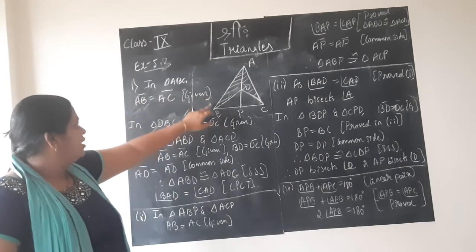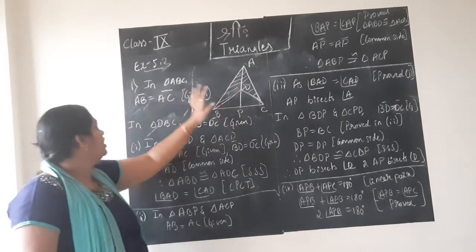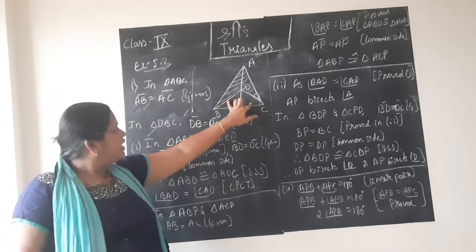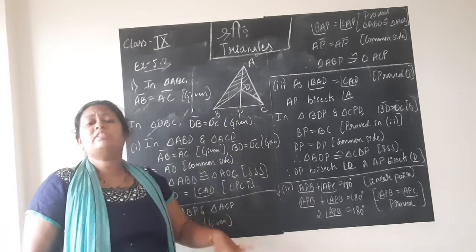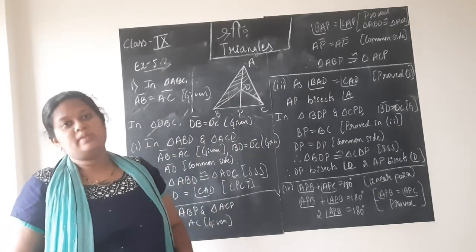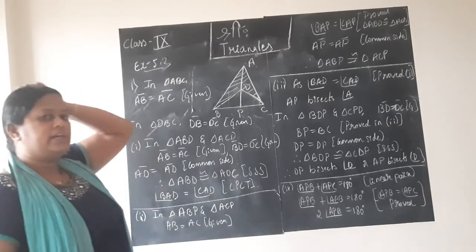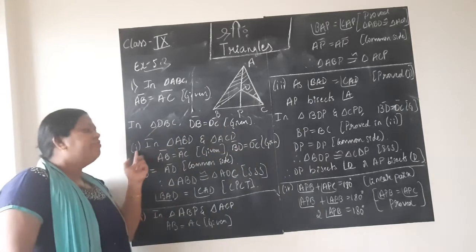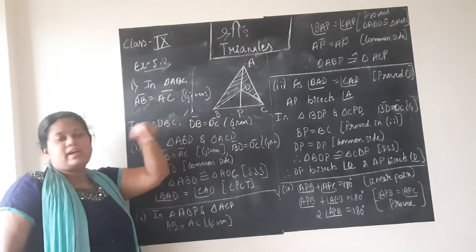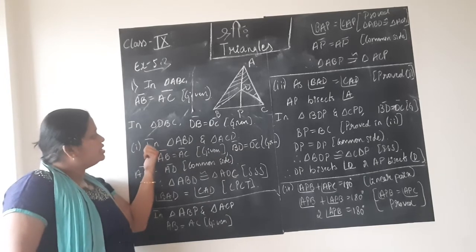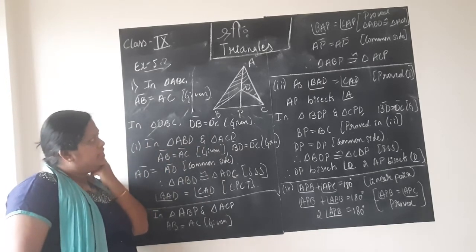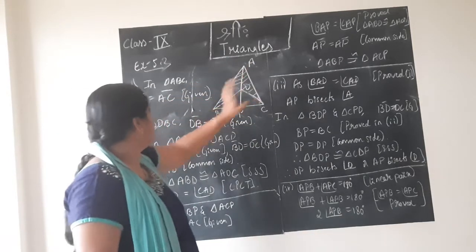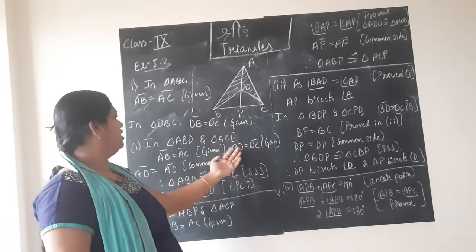So in the whole big triangle ABC, side AB equals AC, it is given to us. Similarly in triangle DBC, DB equals DC, because they have mentioned triangle ABC and triangle DBC are isosceles triangles and two sides should be equal. So we have written these two statements as given, children. Now for the first sub-question, we need to prove these two triangles are congruent. Consider triangle ABD and triangle ACD. In triangle ABD and triangle ACD, AB equals AC, given, you can write.